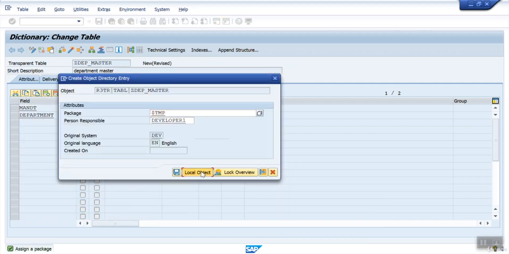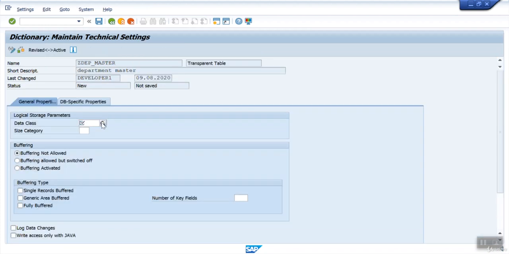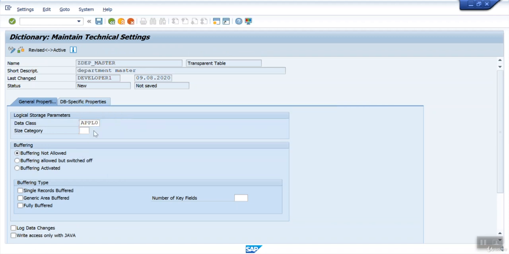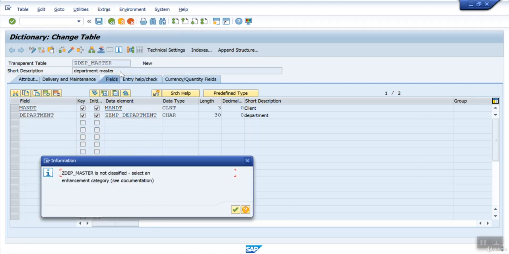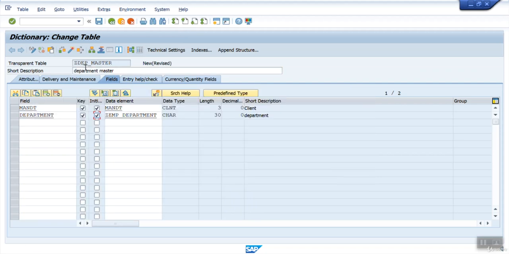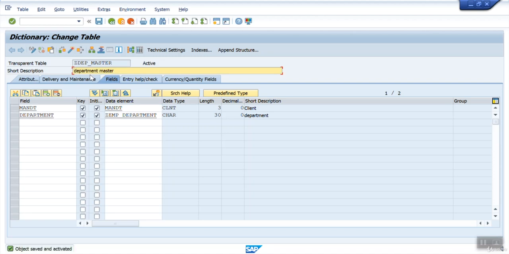Save. Local object. Go to technical settings. Delivery class, master data. Select size category as 0. Log data changes. Save. Check. Go back. Extras, enhancement category. Select as can be enhanced. Activate. Now till here this is completely the same process which we have done in the last two sessions, but what we